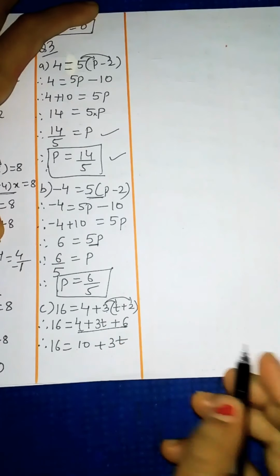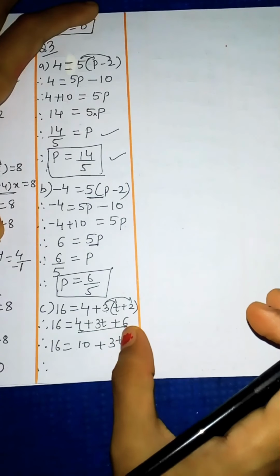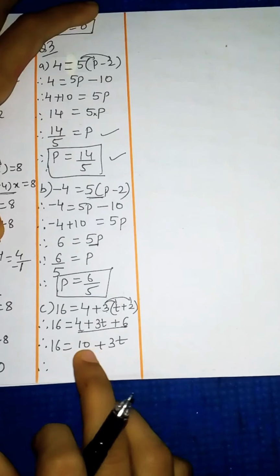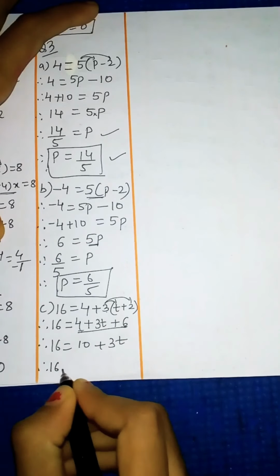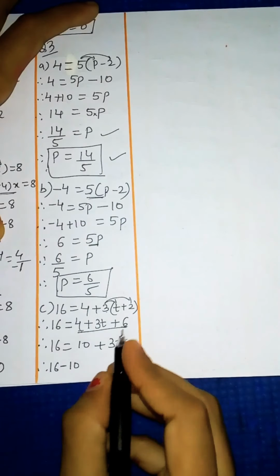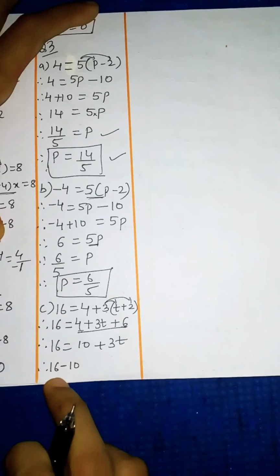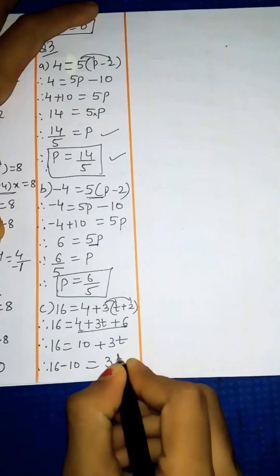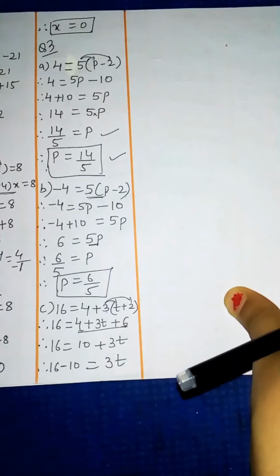is there, this 3t. Okay, now 10 plus 3t, this t we want to find, this 3 is in multiplication. Now this 10 which is in addition, that we will take to this side. So it will be 16 minus 10. This 10 we are taking that side. Okay, so 10 is positive, so when I take it here, it will become negative. That is why 16 minus 10. And this side only 3t is left with us. So 16 minus 10 equal to 3t.